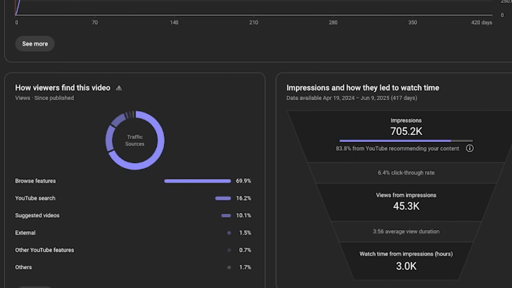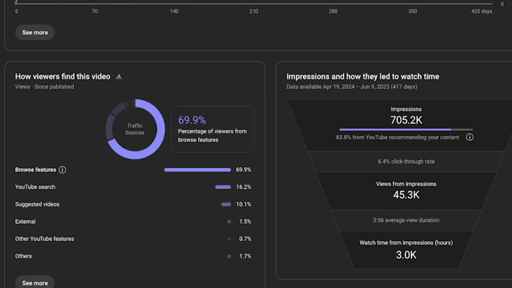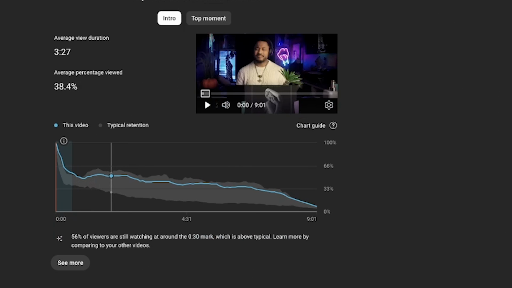The key with YouTube is that you want high click-through rate, so that means people are clicking on your video a lot, and you also want high retention, high watch time, which means that people are not clicking off your video when they come to see it. So you want them to at least watch 40% of your video. Ideally, you want it to be higher than that, but it's very hard to get higher than that. But as long as you get like 40% watch time, your video will continually be put out to more people on the platform, and it can grow and go viral. So essentially you want to do all those things right there, and you're going to get a lot more views